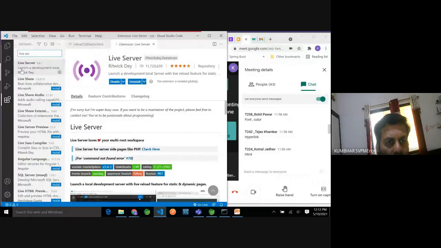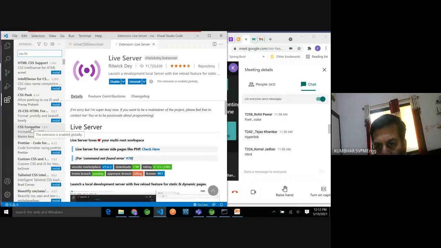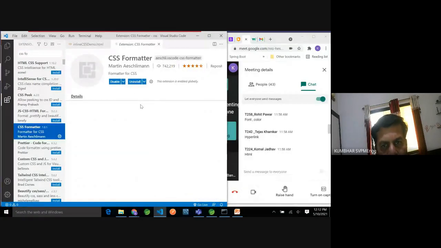Let me show you. For formatting of the content, CSS formatter you can use. See here, formatter I have already installed. If you have not installed, you can install it.